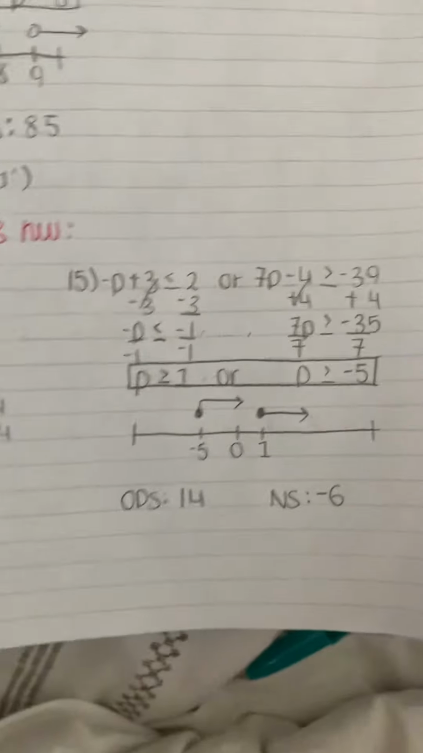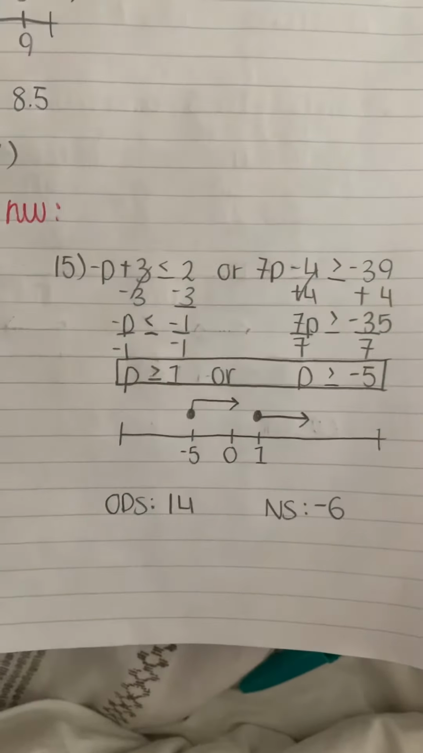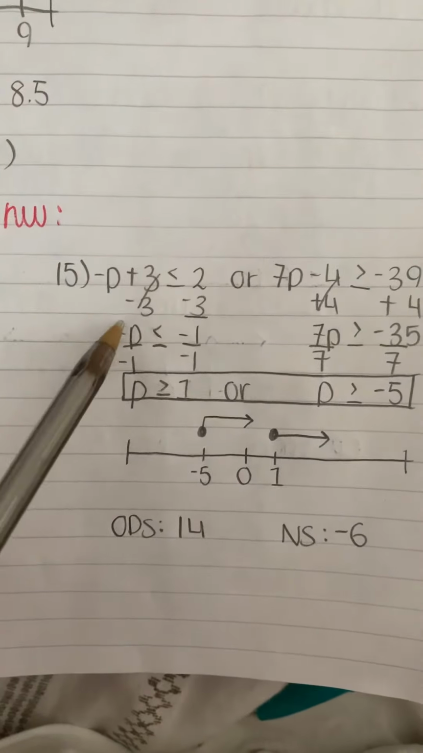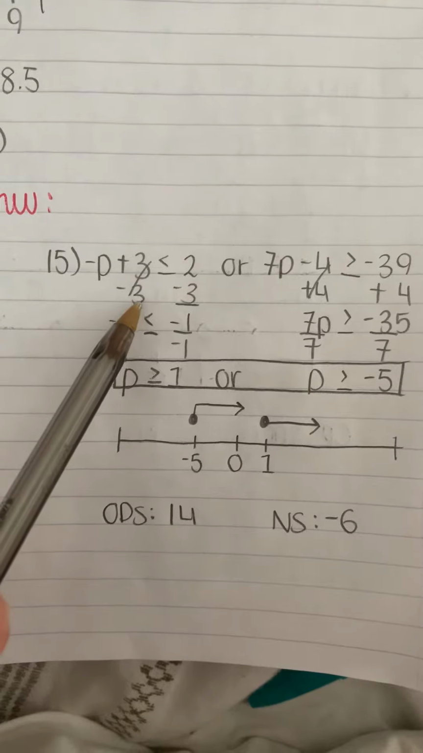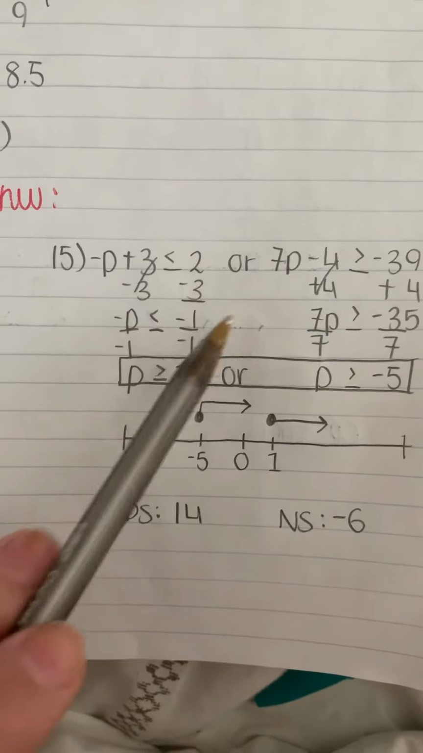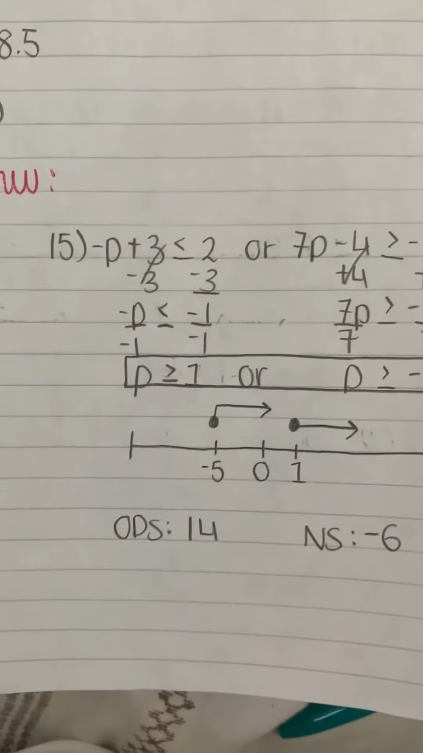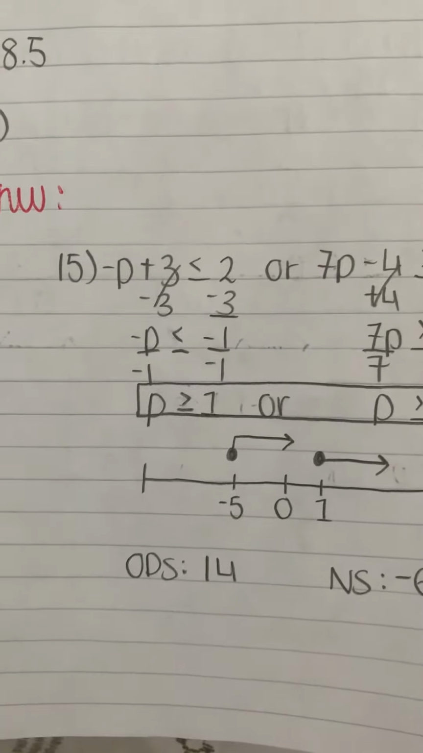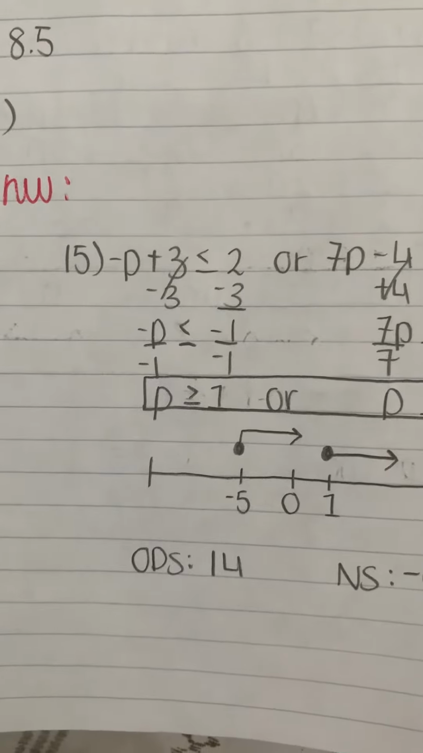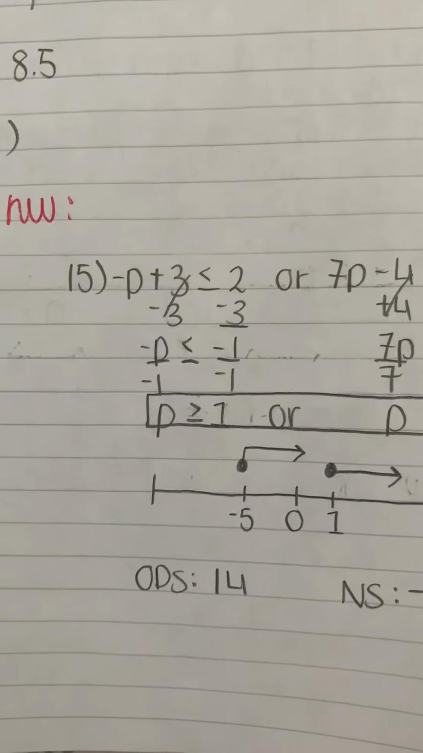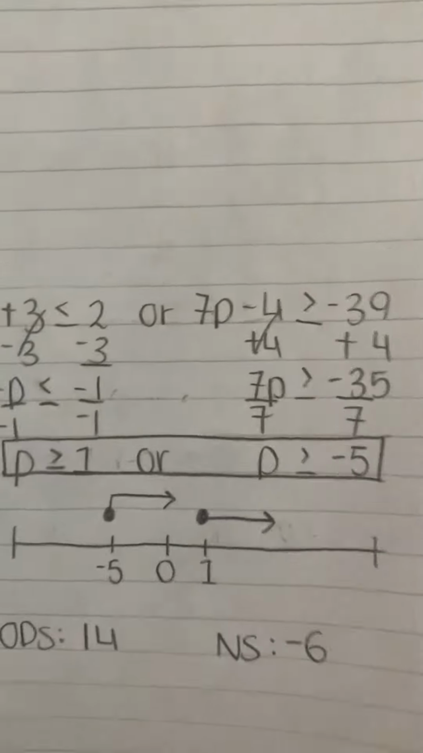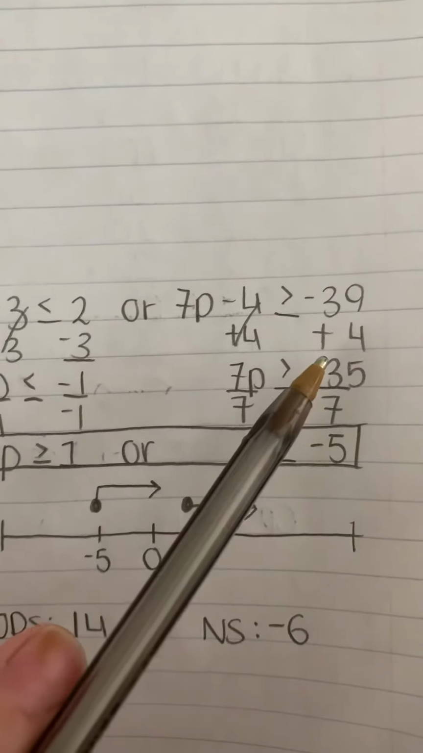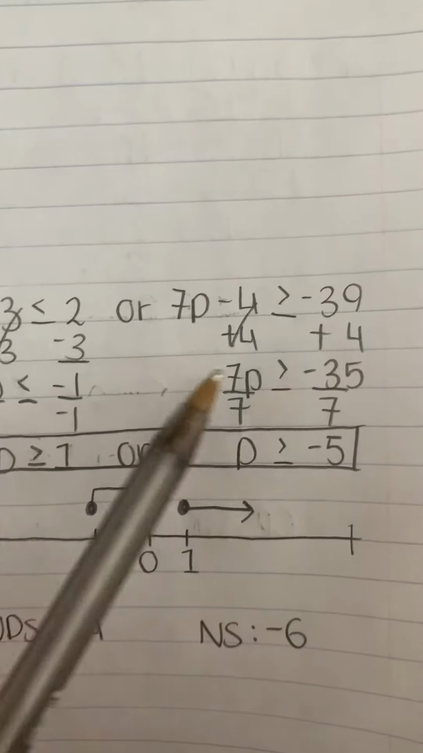And then on number 15, I started by subtracting 3 from both sides, and got negative p is less than or equal to -1. And then I had to divide by -1 on both sides and flip it to get p is greater than or equal to 1. And then on the other side, I added 4 to both sides, and then got 7p